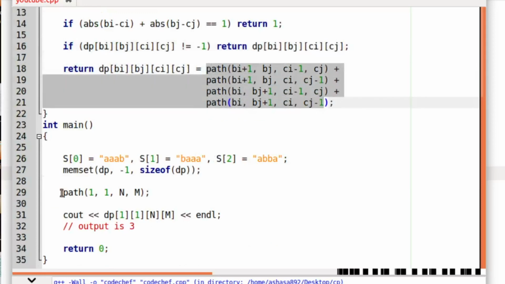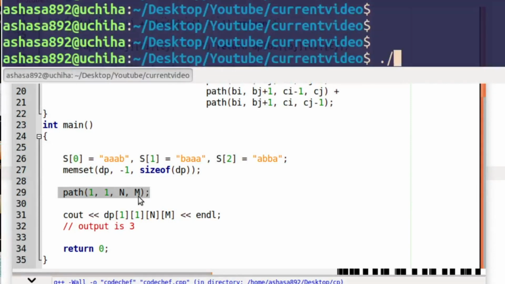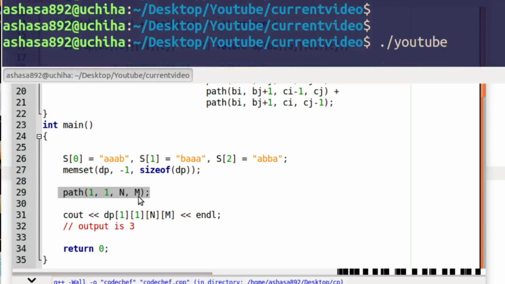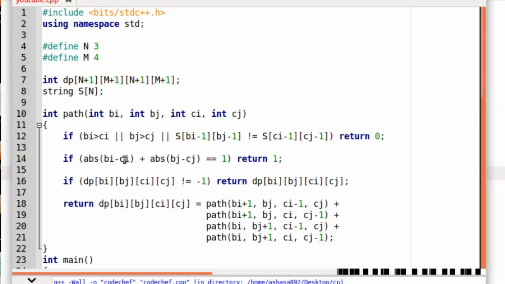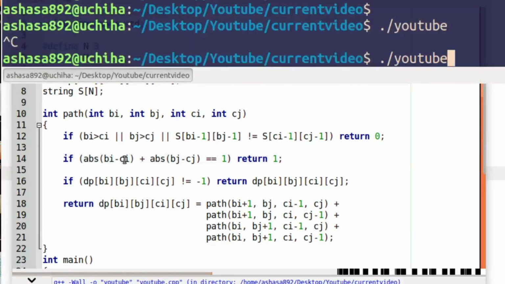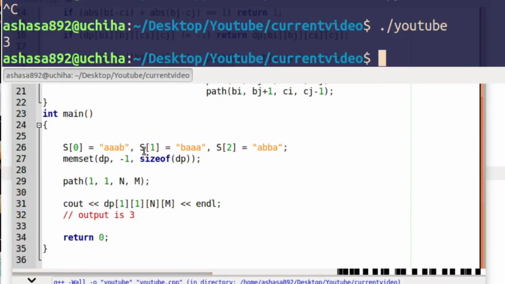So this is my example matrix, and you can see that I've called the function. Now let's see the live output. I have not compiled it, sorry. F9. Now I'll compile it. So you can see that I get 3, and this is the initial example that we have discussed.